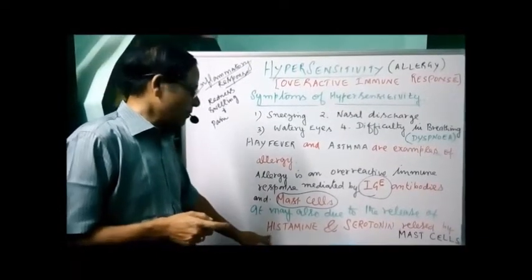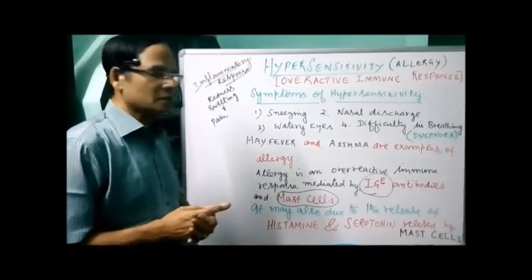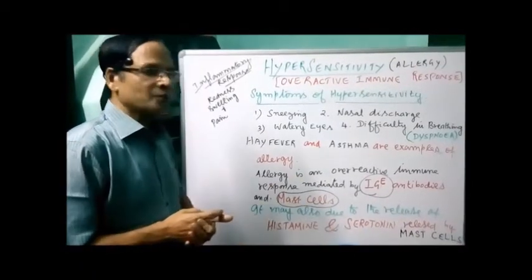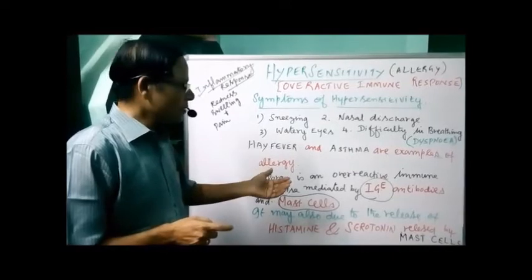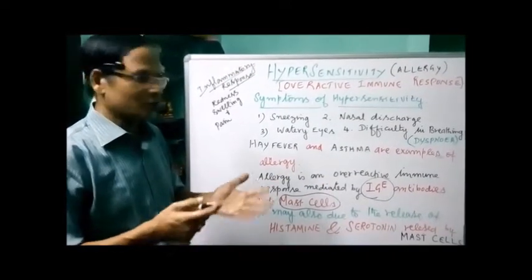1. Histamine. This is also an entrance question. Histamine is released by the mast cells. Another one, serotonin. So these two are the main chemicals released by the mast cells. They are taking part in allergic reactions.